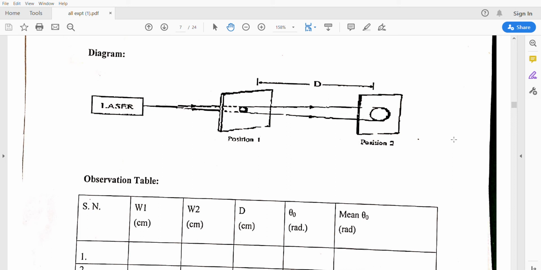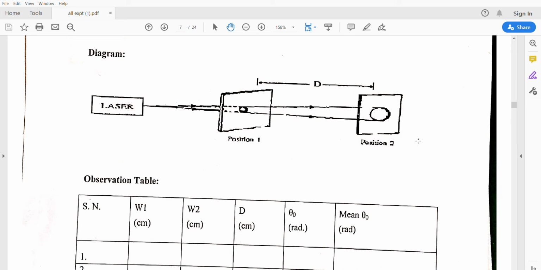So in this one case, I am calculating W1, the width of the first laser spot at position 1, and W2, the width of the second laser spot at position 2. To find W1 and W2, we mark the laser spot using a pencil, and we can measure it using a scale, or by counting how many squares it covers in the graph sheet, we can calculate the width of the spot. So the width of the spot can be calculated using the number of squares covered in the first case, and also the number of squares covered in the second case, using a graph sheet. The graph sheet is attached to the screen. So W1 and W2 are measured.